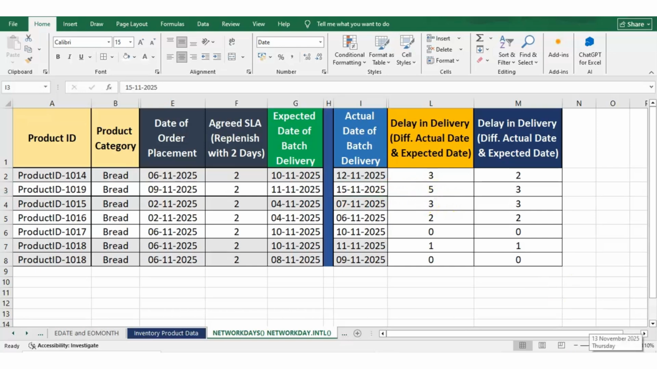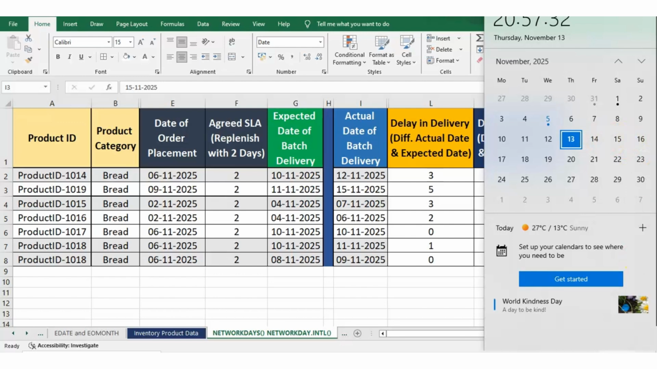Let us quickly see these dates in our system calendar. We can see here that the expected date of batch delivery is 11th November 2025, and the actual date of batch delivery is 15th November 2025. When we calculate the delay in delivery, the